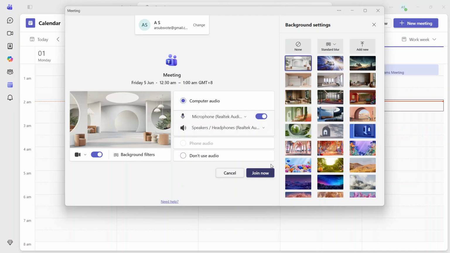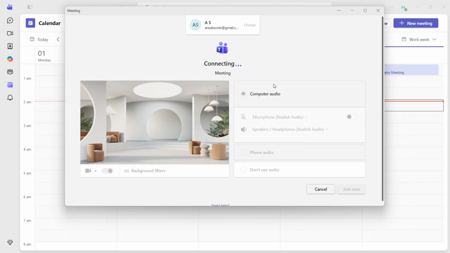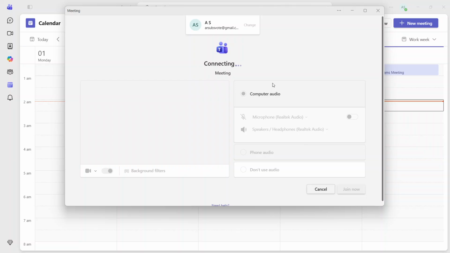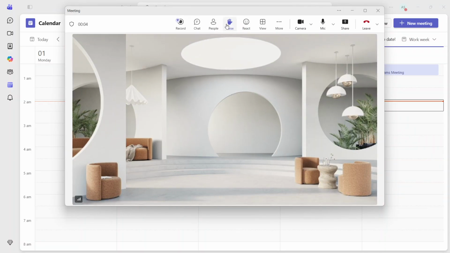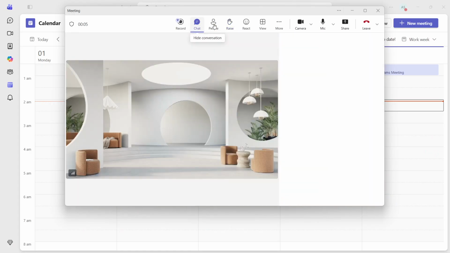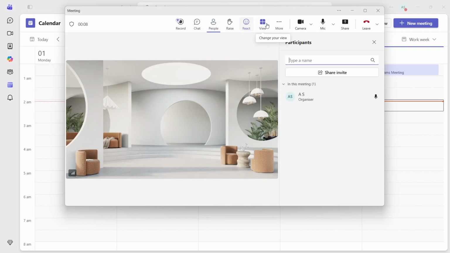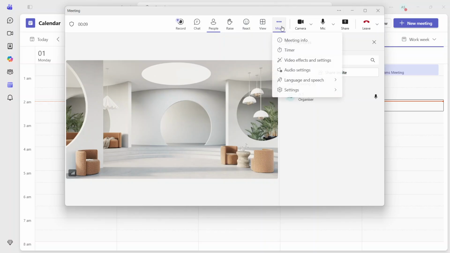After you enter the meeting, you'll see several controls across the top of the screen. These buttons let you record the meeting, open the chat window, view the list of participants, raise your hand, and send reactions. If you click the More Options icon, you'll find additional tools such as changing the meeting view, checking